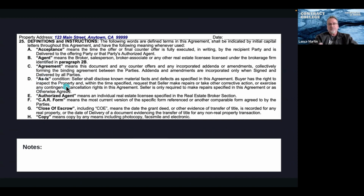As is condition. We've talked about this multiple times in our contract college. Property sold as is does not preclude the seller from disclosing known material defects. In the next contract college, I've been meaning to do this. Maybe Drew can find it and we'll get a good laugh out of it. Drew and I were working together at the time. We sold a property. This house was